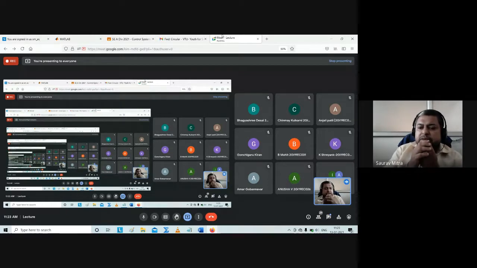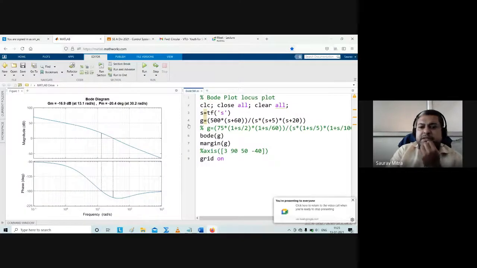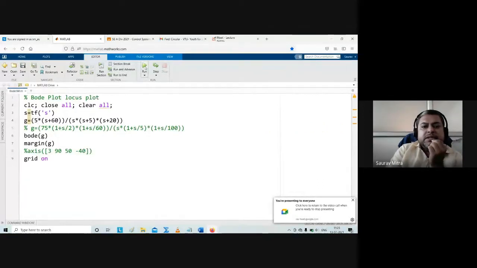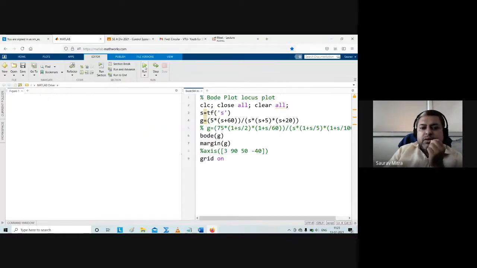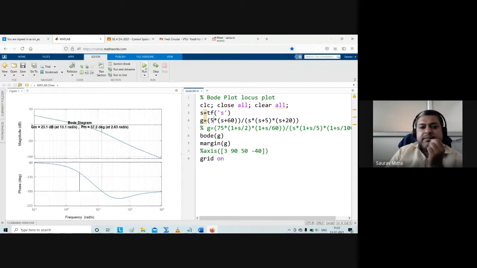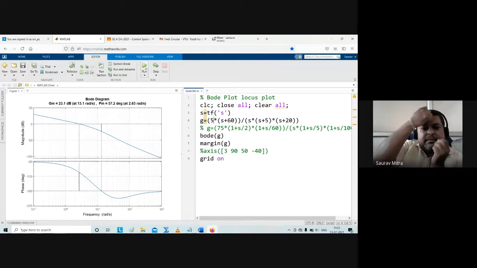See, one thing we know is that if we reduce the gain, the system might become stable. So here I have given the gain as 500, let us make it 5. That is the first thing. Okay, so let's reduce the gain and see whether the system becomes stable or not. Because I always tell you that gain is inversely proportional to stability. But I don't think that alone will be enough. Let us see. Yes, it is done. You can check.